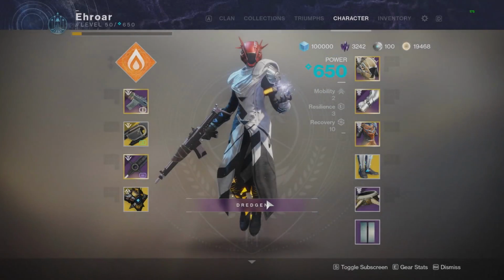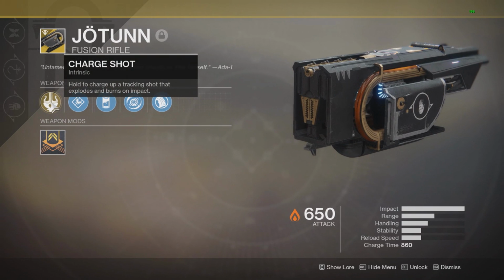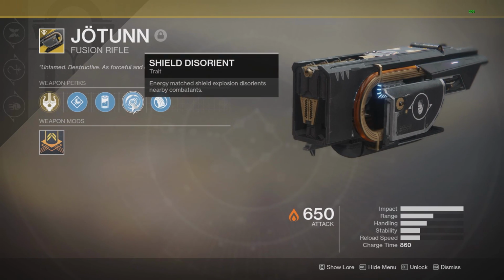What's up guys, today I will be going over the new exotic fusion rifle from the Forges, and this time I believe it's Greek, and I'm going to try to pronounce it once, Jötunn. Tell me how well I did, probably terrible. But anyways, this fusion rifle shoots this little fireball that explodes upon impact, and you can get it from the